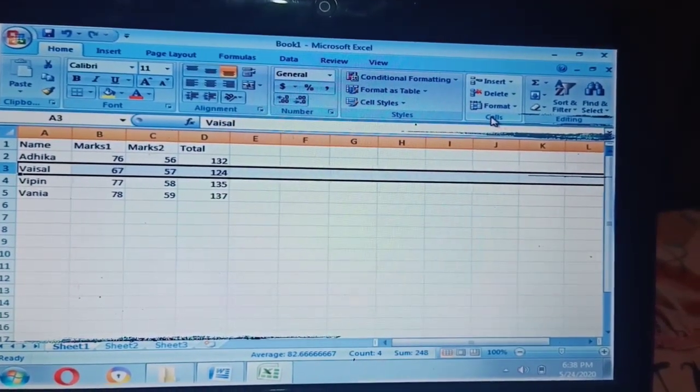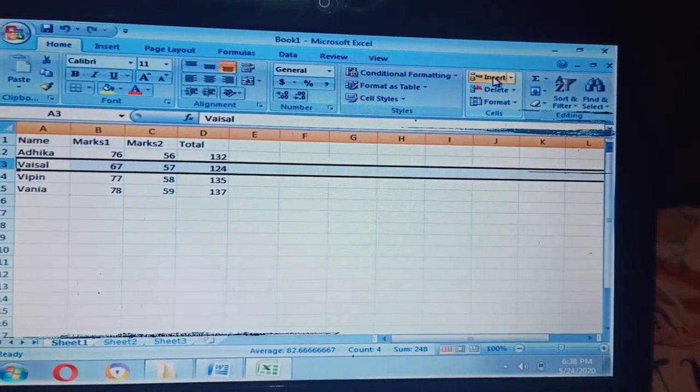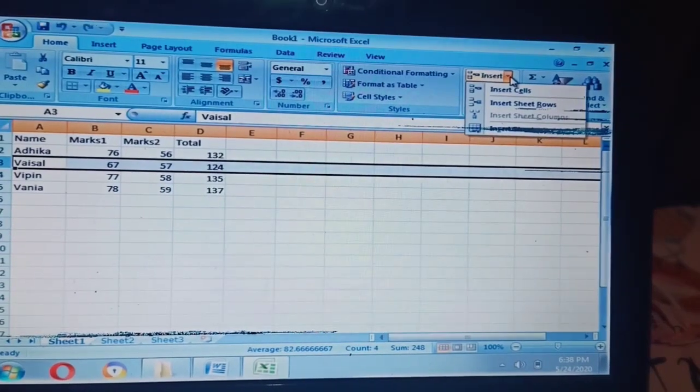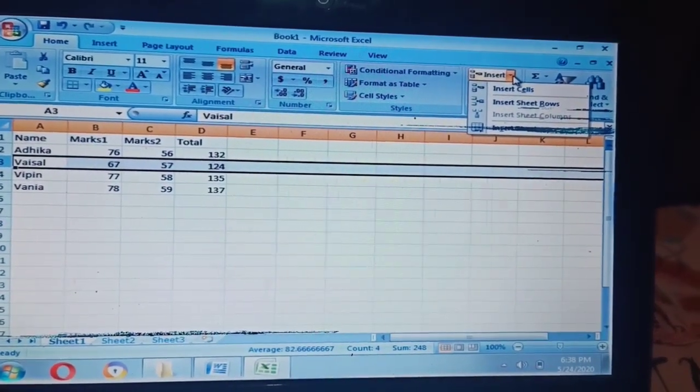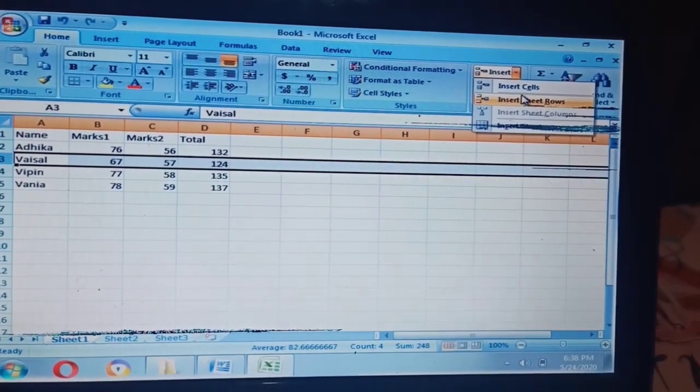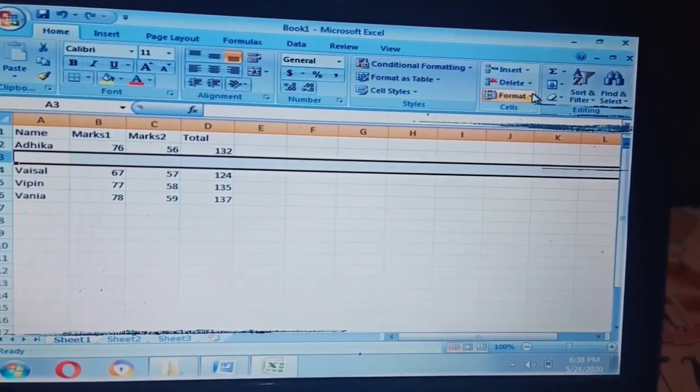In the Cells group, click on the Insert drop-down list. From the drop-down list, select the Insert Sheet Rows option. A new row will be inserted above the selected row.